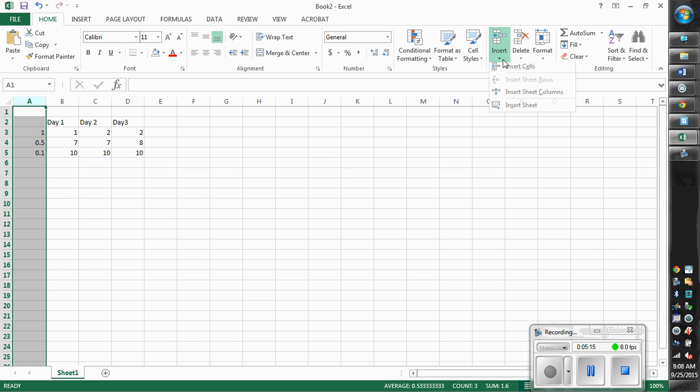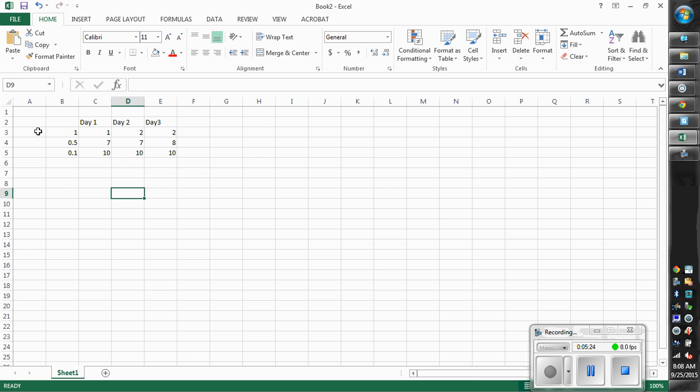And I'm going to come back over to my insert. And I'm going to insert cells again. And so now I've got some space. So over here, on this side, these numbers, the 1, the 0.5, and the 0.1, they represent the percent of concentration of salt water. So I'm going to say this is the percent salt water